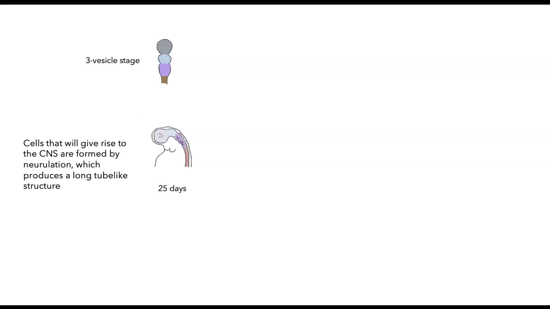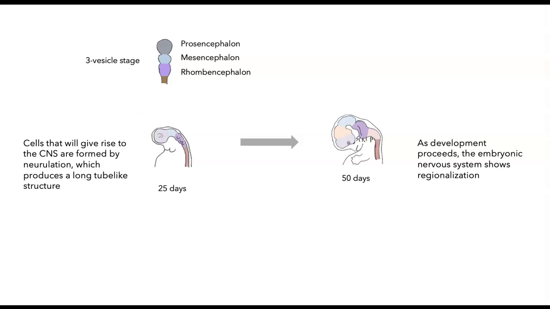Here we have the three-vesicle stage, and we can see the slight swellings which will give rise to the forebrain, prosencephalon, midbrain, mesencephalon, and the hindbrain, the rhombencephalon. And as development continues, the brain will expand. The tube gets longer and it increases in diameter, and it shows a greater amount of regionalization, so that now